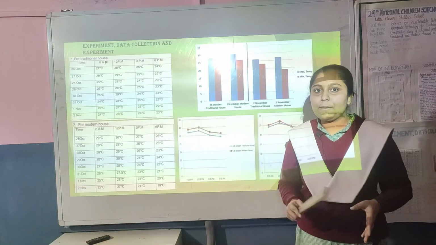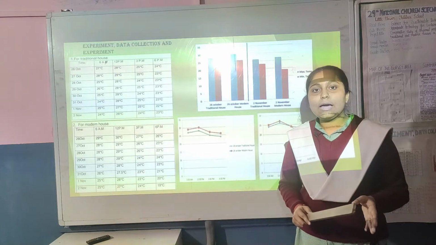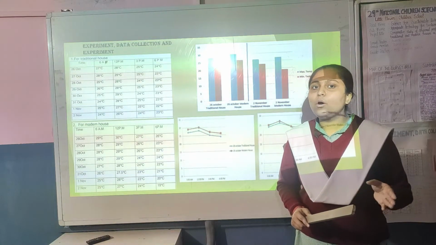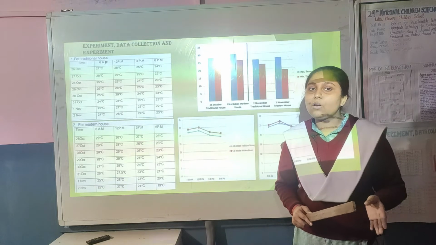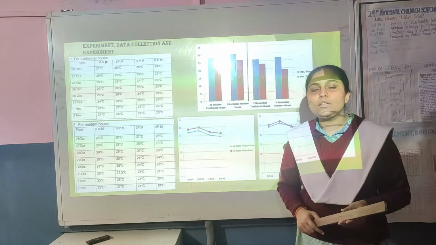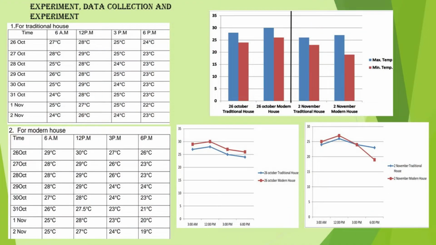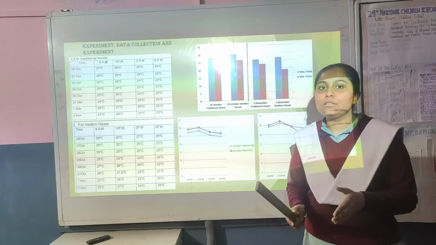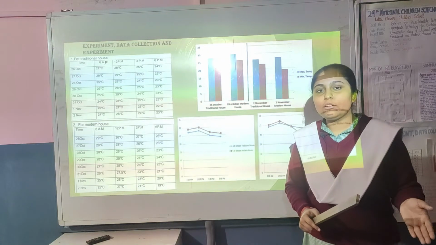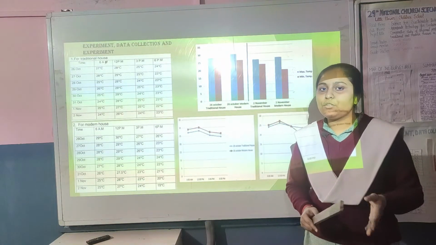So why we did this experiment? Simply how we have been changing its form and style throughout its history. Traditionally, we had our homes made with mud, cow dung and other eco-friendly materials. But with rapid increase in technology and urbanization, we switched over to modern houses which are generally made with concrete, steel and other man-made products. So we did this experimentation because we wanted to know how differently these two types of houses perform in respect of their thermal performance and energy efficiency.